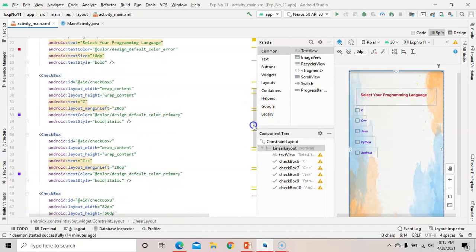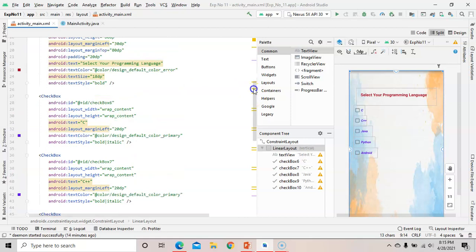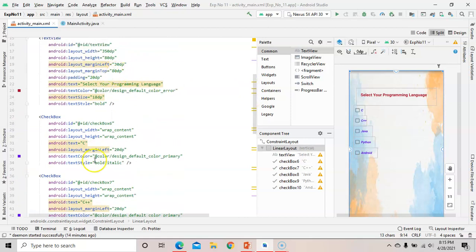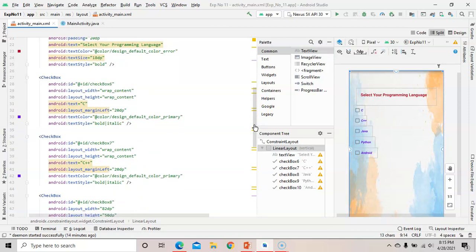And then when I use checkbox in the linear layout, I didn't give a margin top attribute here, because you can give any top value, but it will not work. Because you are using linear layout, right? Whatever value you give for margin top here, it will not work.